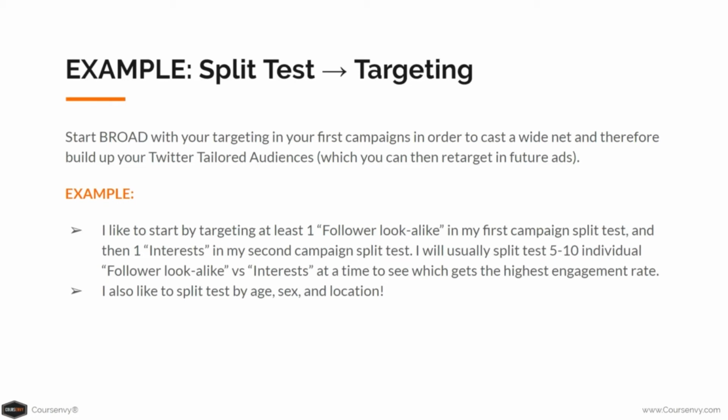So by testing each individual interest and follower lookalike and seeing which one gets me the best click or the cheapest engagement or the most conversions on my website, I can quickly identify, oh, by targeting this follower lookalike account, such as @entrepreneur, that got me my cheapest cost per engagement and my most engagement, so let's target that follower lookalike in the future. Other things I like to split test at the targeting level include age, gender, and location